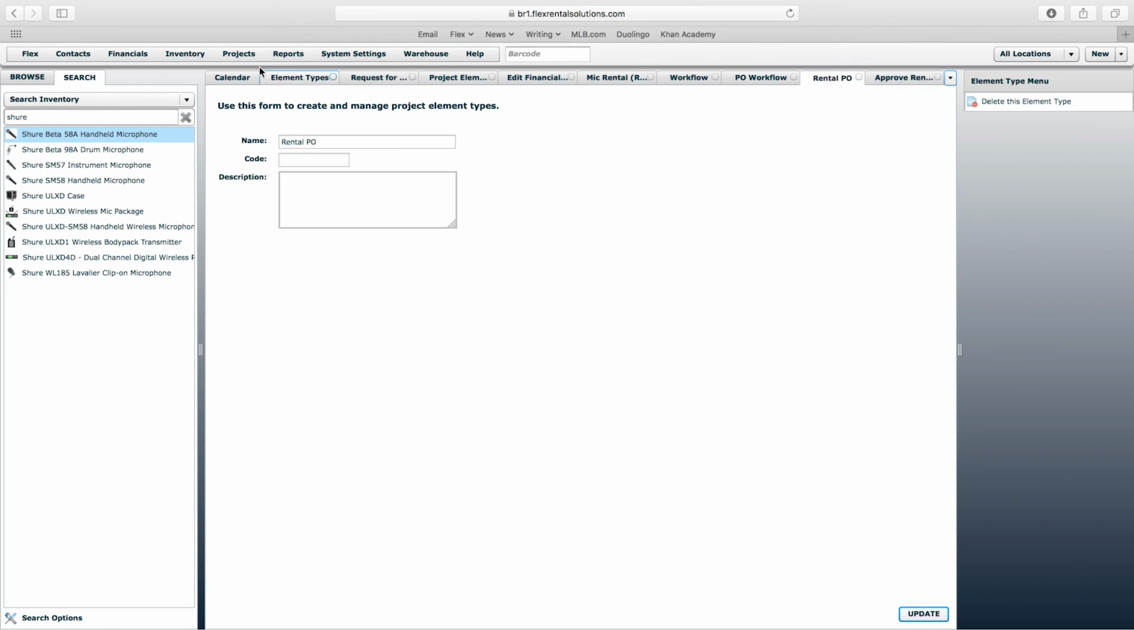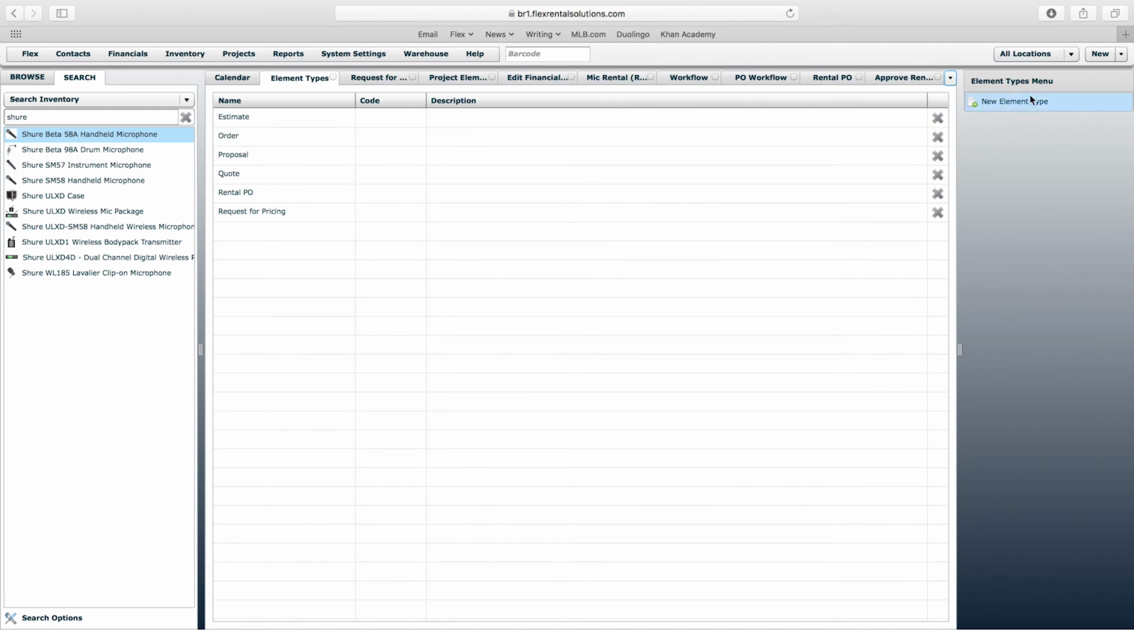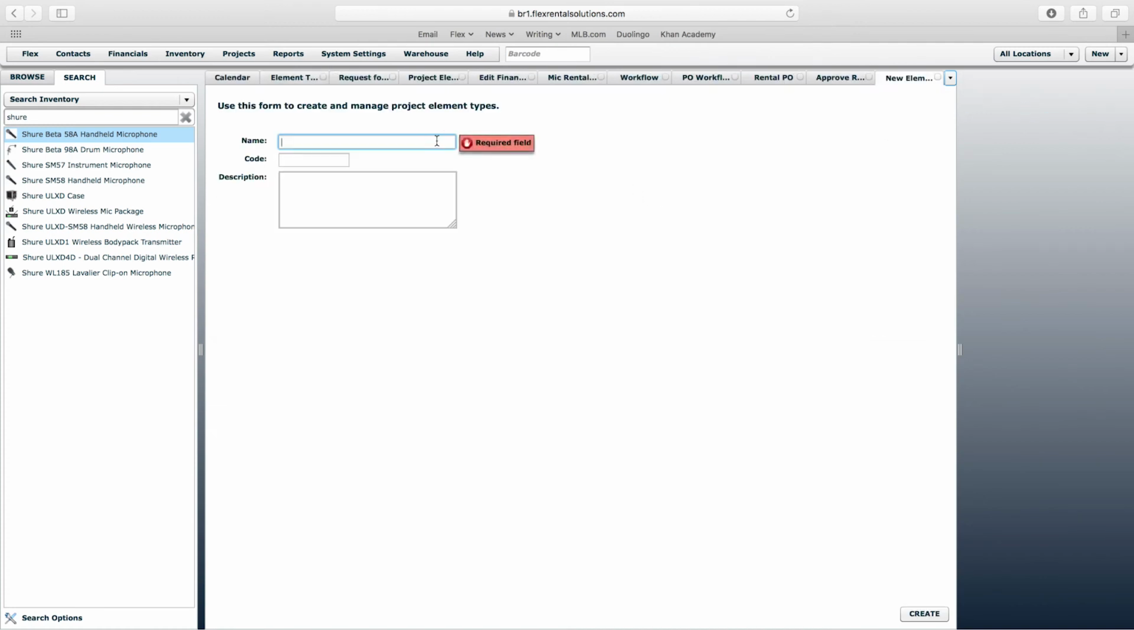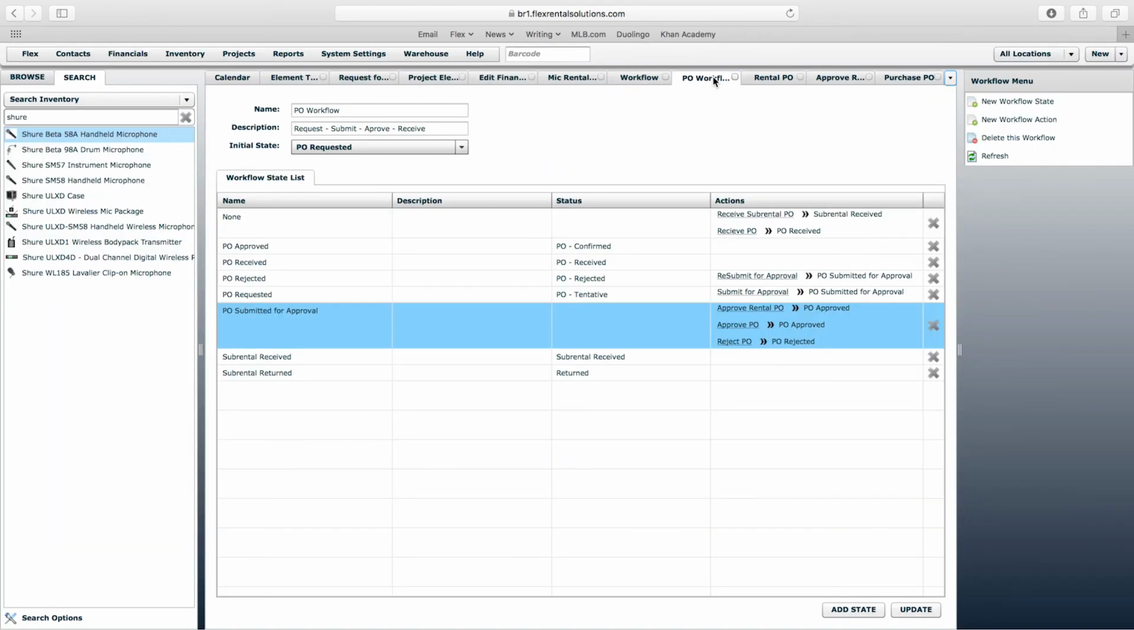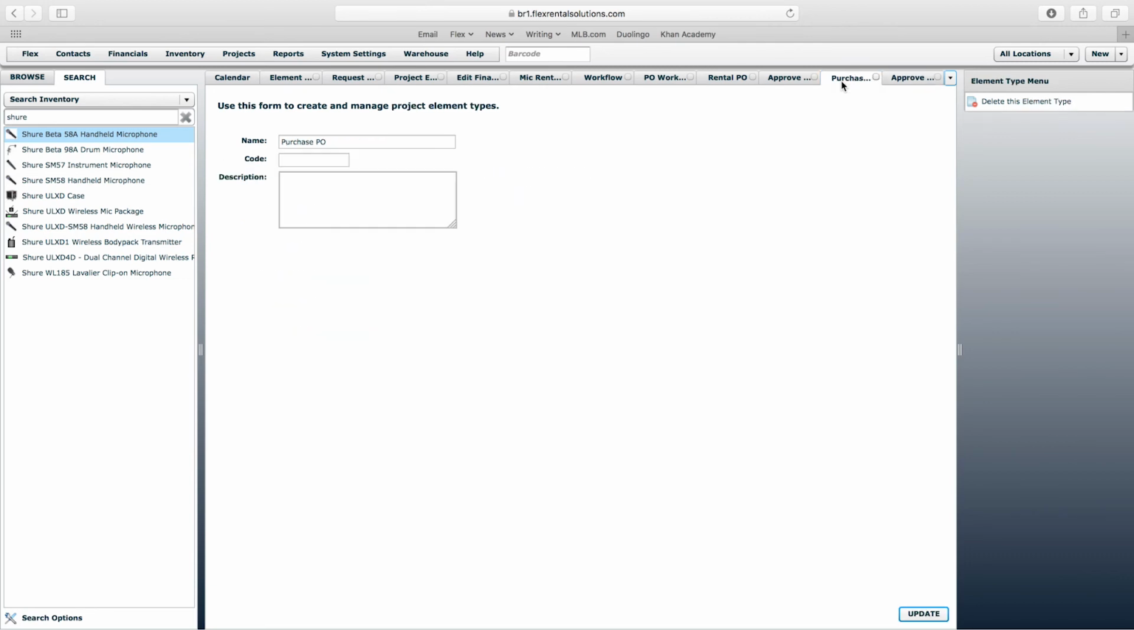I could very well go back to my projects, element types, and create a new element type that's called purchase PO. Go back to my PO workflow, and in the old approve PO workflow action, I can now call this approve purchase PO and have this change back to the element type of purchase PO. See what I'm doing there? So now I have two